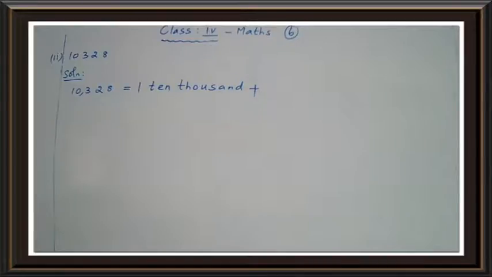Okay, if there is a 0 in your short form, we do not need to represent it in the expanded form; we can just leave it. Why? What is the place value of 0? 0,000. Your number is 0 only. Okay, children, the places which have the digit 0 in the short form are not represented in the expanded form. So now you leave the 0 and come to the next digit, that is 3. What is the place value of 3? Ones, tens, hundreds. Okay, 3 hundreds.